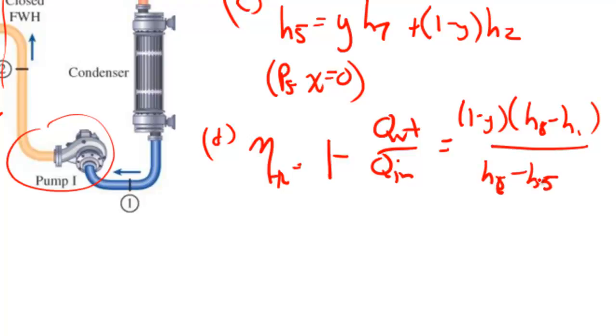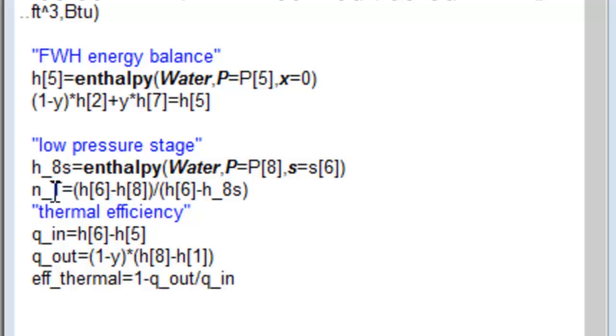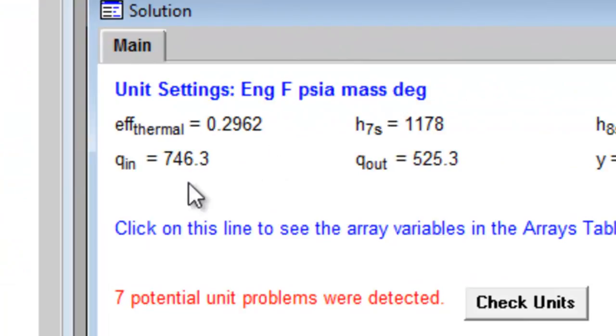So we can go ahead and do it that way, and that's I think the way that I chose to do it. So here I found the second stage of the turbine, which was H8S, and then using again the efficiency of the turbine, and then Q out and Q in to get the efficiency of my cycle. And the efficiency of the cycle is